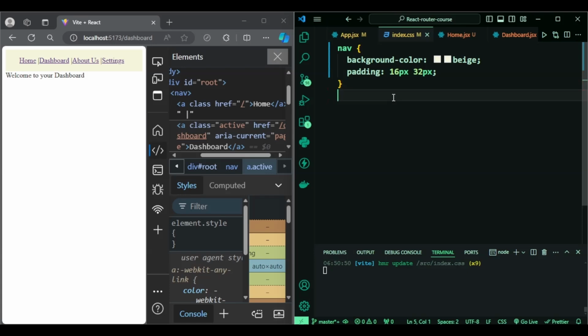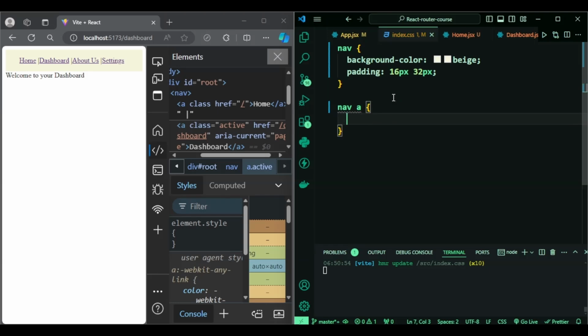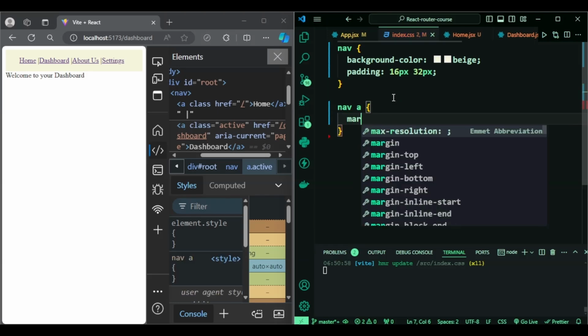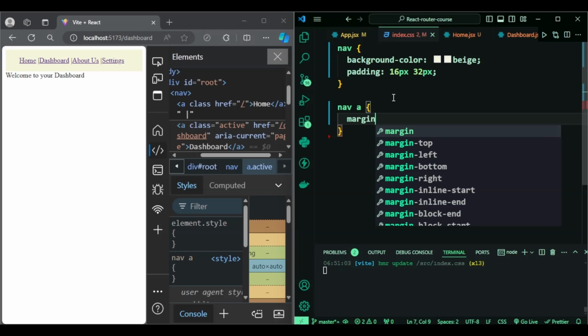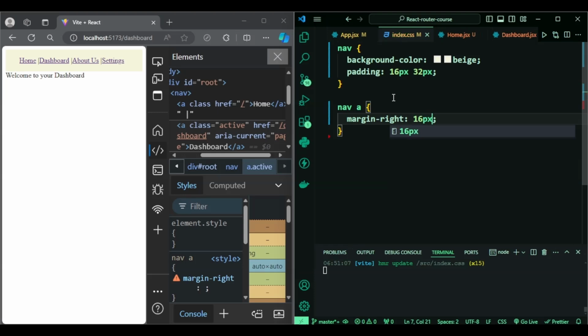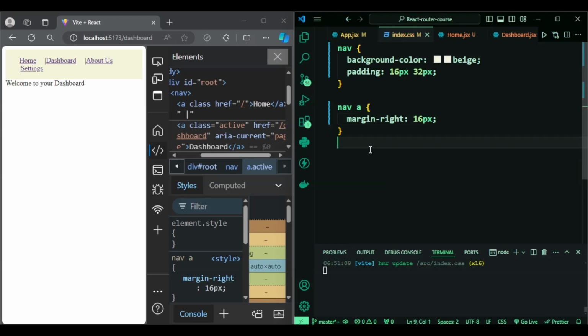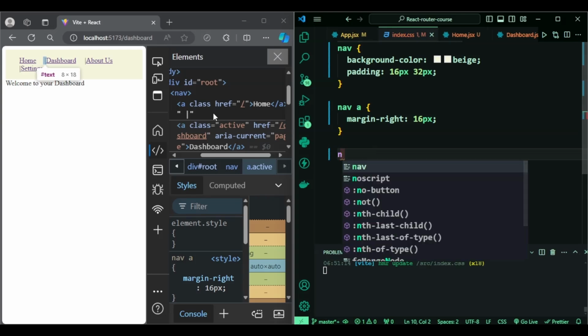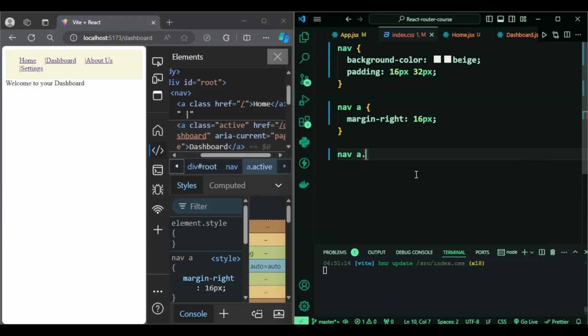Okay, and then let's style the a. So when I say a, margin right, 16 pixels. All right, and then let's style the active. Now we're going to use this active class to style whenever a link is active. So it's going to be completely different from the rest. So we're going to say nav a.active. All right, so we're going to target this active, and then whenever it's on active, we're going to say text